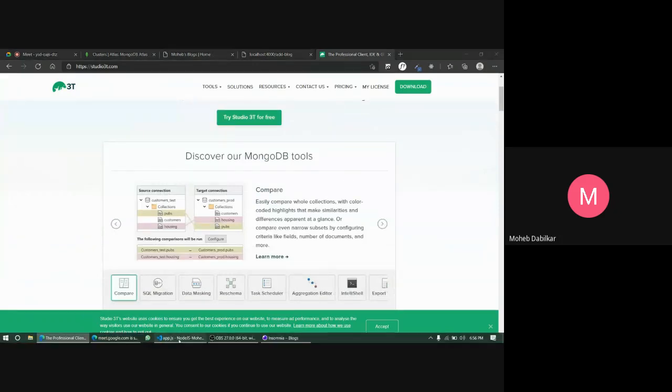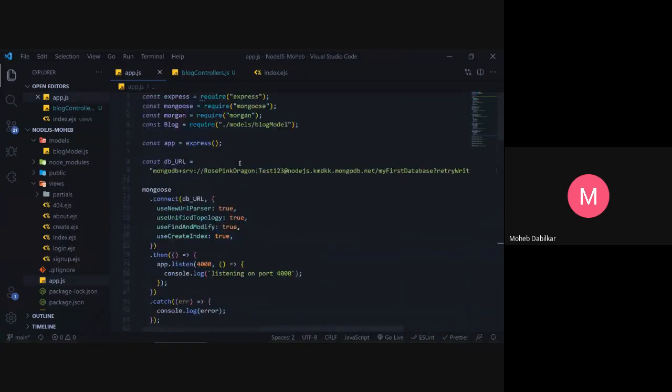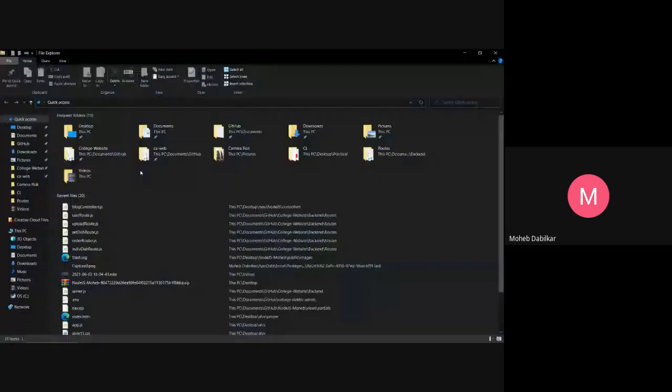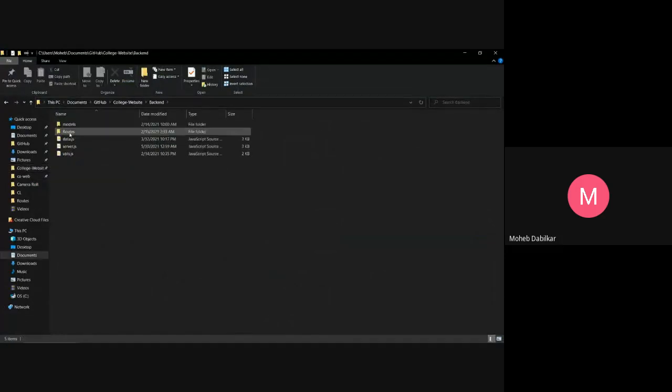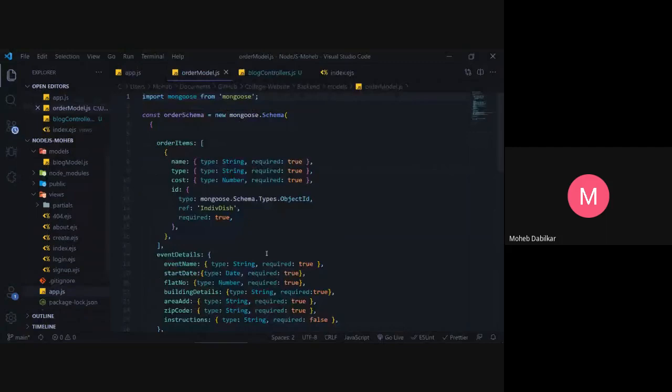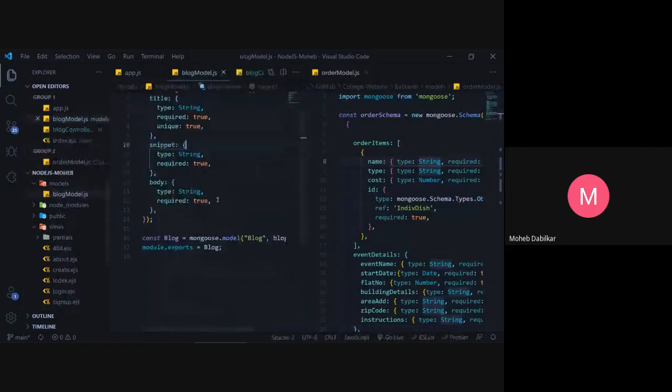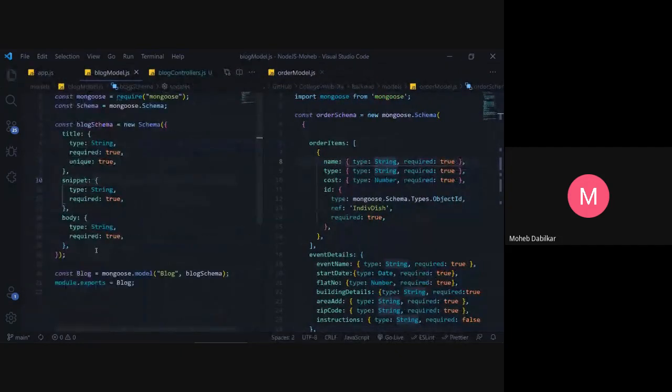So right now we are using a very small schema. Let me just show you guys one of my projects. So this is my backend, and we have a model over here. You see, this is a schema. Now if you try to compare this side by side, this is my blog schema, you see you have only three strings, and then in this schema we have lots of stuff.